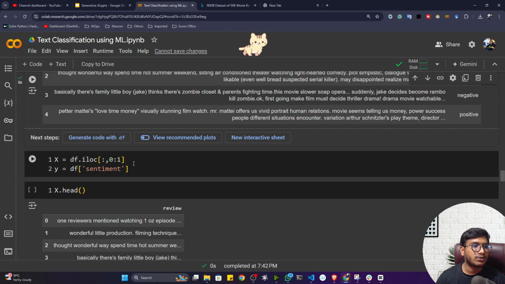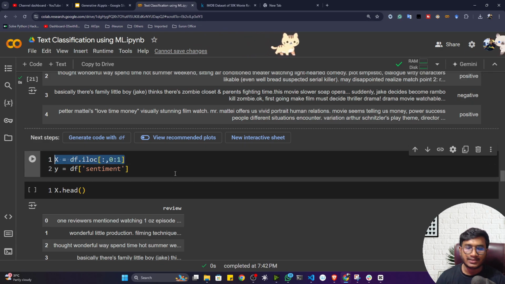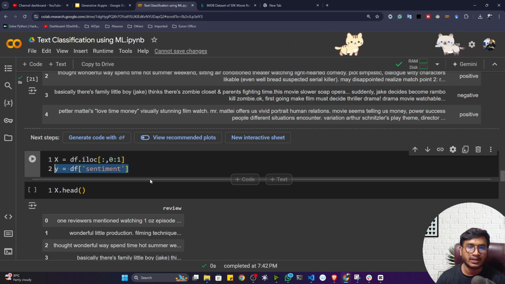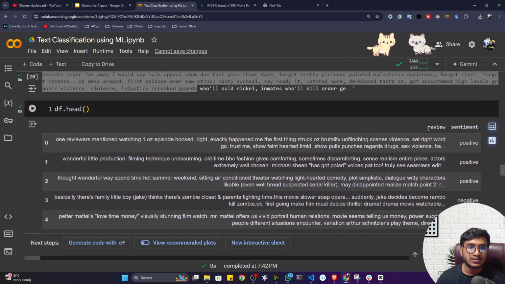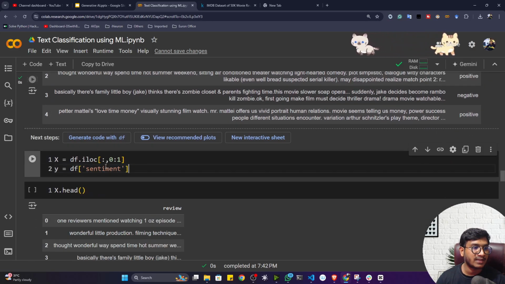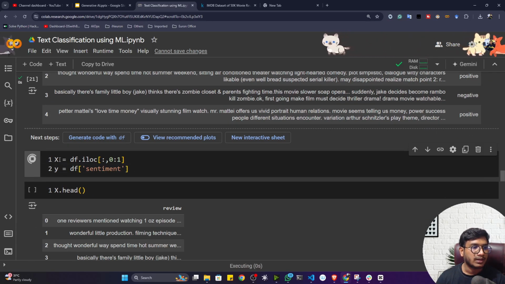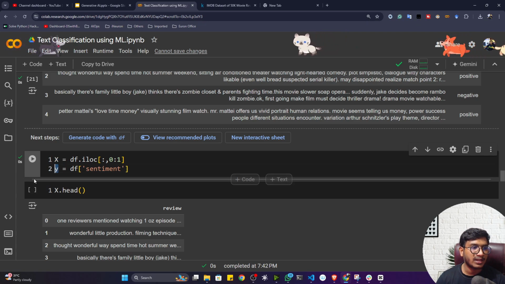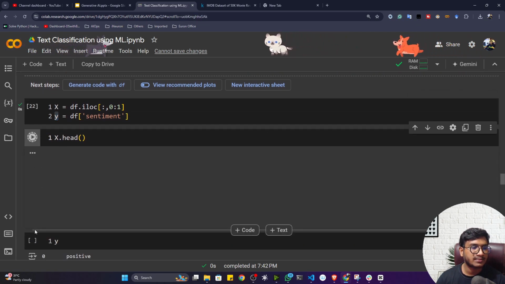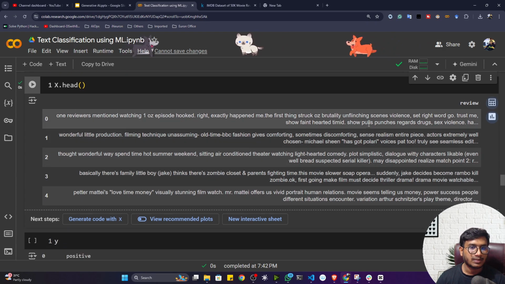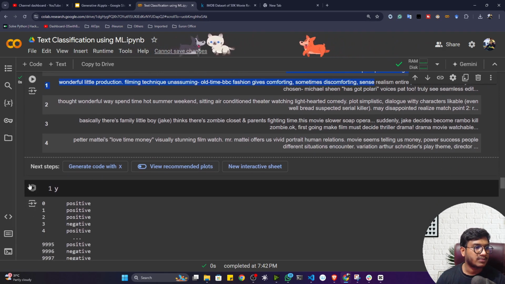Now what I have to do is separate out my x data and y data. That means my independent variable and dependent variable. The independent variable is the review, and the dependent variable is the sentiment. That means the sentiment is my label right now. So I'll store the review inside x, and the label inside y. Now this is my x, that means the entire review, and